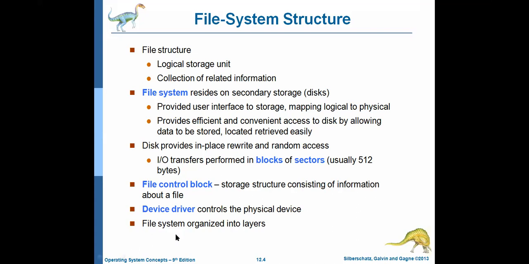Okay, and next, what is the important one you need to understand is a file control block. So what is a file control block? File control block means it contains information related to the file. So what does a file consist of? I already told you each and every file has a file name, size of the file, owner of the file, permissions of a file, and then when it was created, when it was last modified, and what is the inode number of the file. What is inode number of the file?